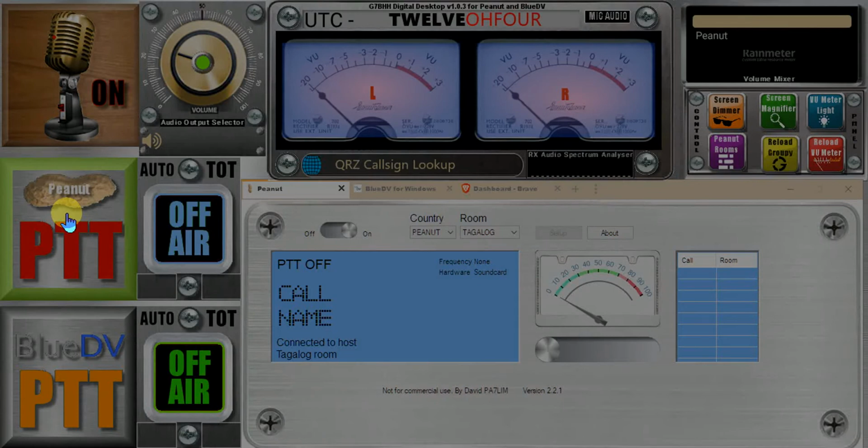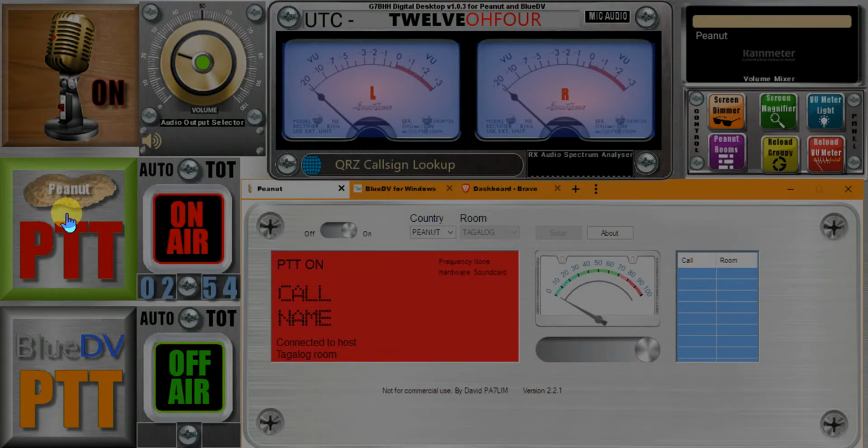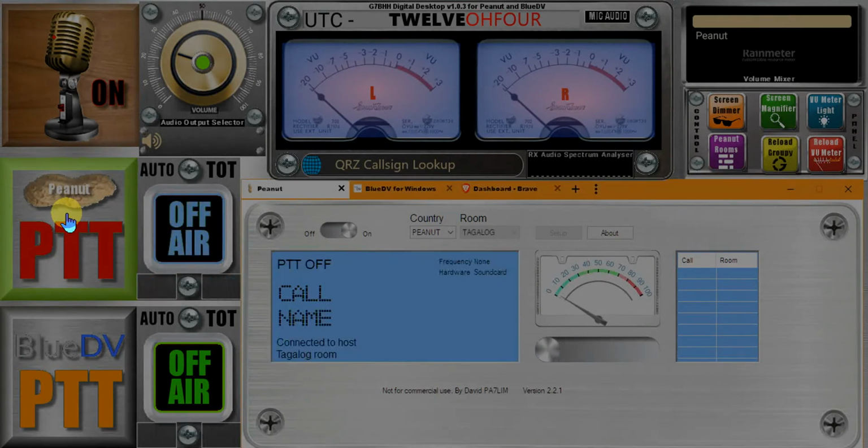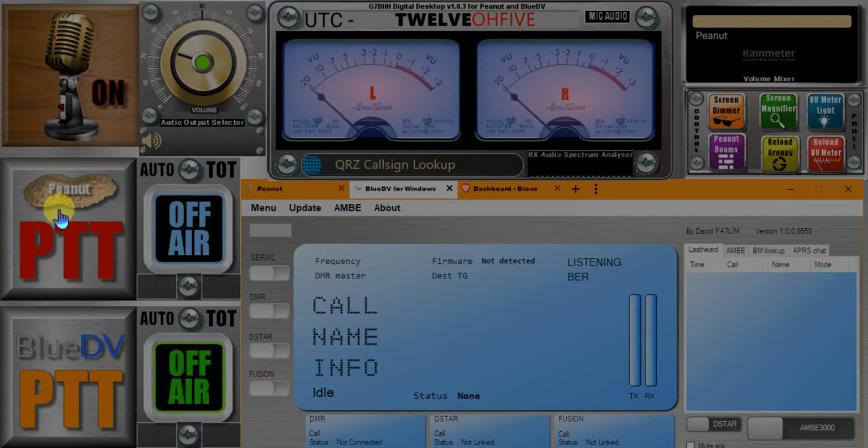So left click, left click again, and you probably saw the countdown digits there and the on-air indicator. Now that wasn't switching to Peanut, because Peanut is actually currently the active window, but if I go to Blue DV, I'll do the same again, even quicker this time. You'll see it switch to Peanut